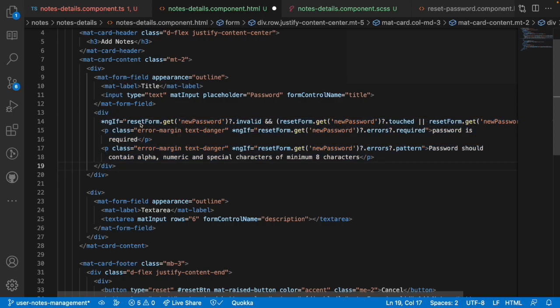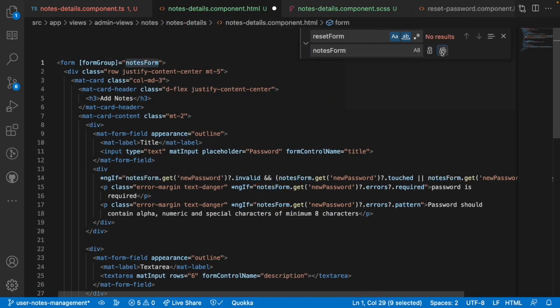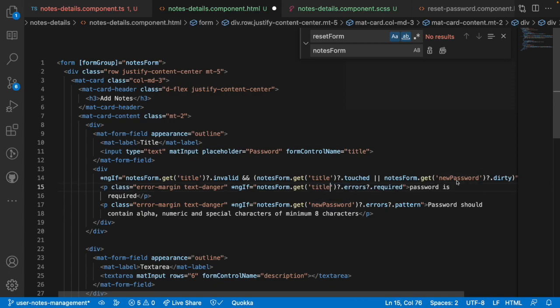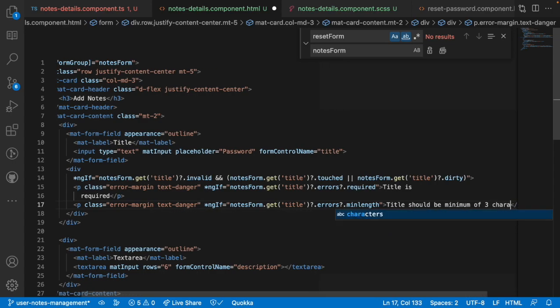Let me uncomment this, and instead of reset form, I can just change it to our form. The form name is notes form. Put in notes form, change this, and instead of new password I can use a title. Copy, paste, paste, paste and paste. So we have created our title, and here I can just get the required part. So instead of this one I can make it as title is required, and instead of pattern I can check min length. So minlength, if it is reaching our min length, so we will say that title should be minimum of 3 characters,